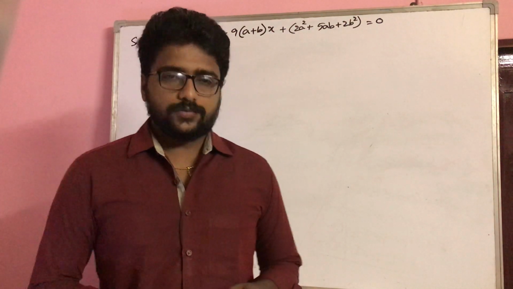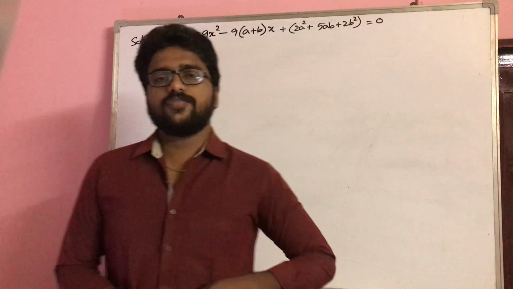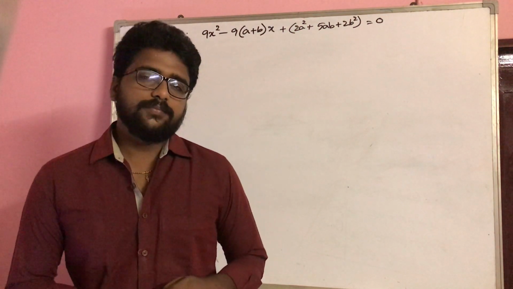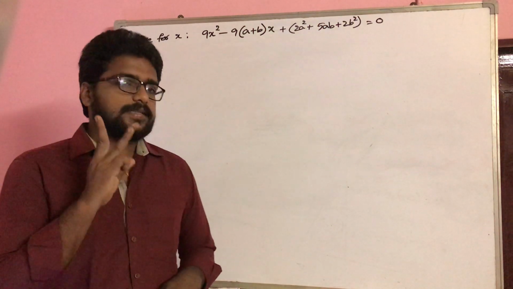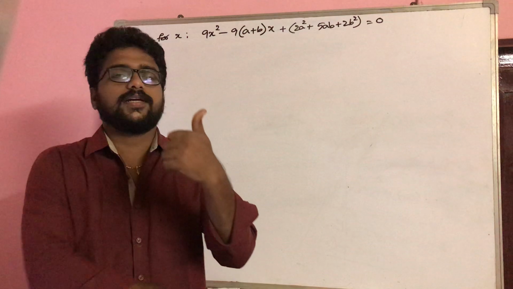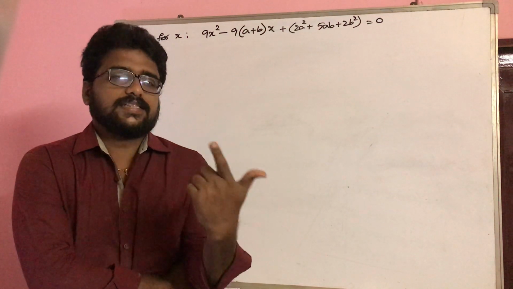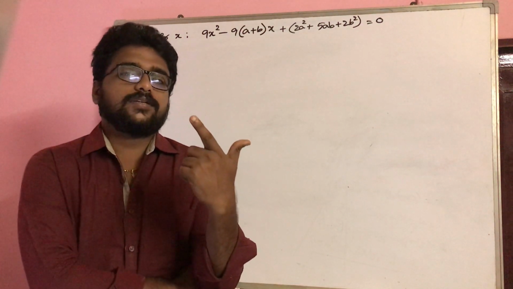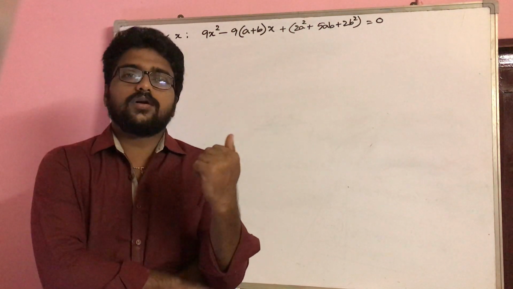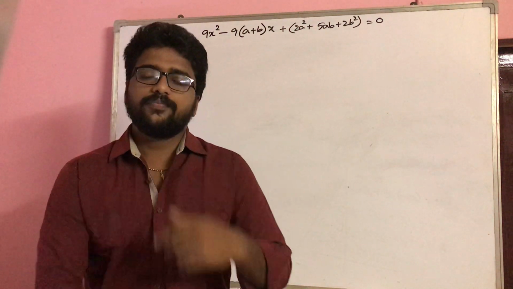In the last class we discussed the different methods to solve or factor a quadratic equation. We mainly discussed three methods. One is the factorization method that we learned in class 8, and the second one is the method of completing the square, which will be useful in class 12 as well. The third one is the quadratic formula, which is a simple one.